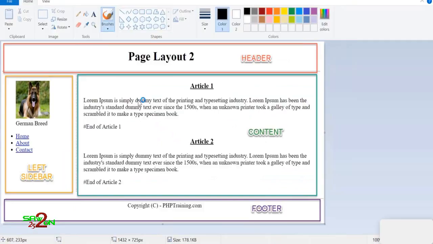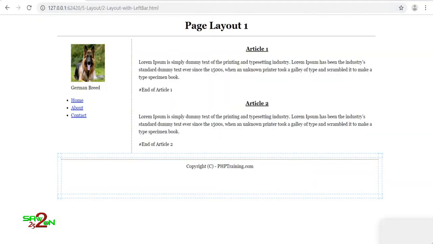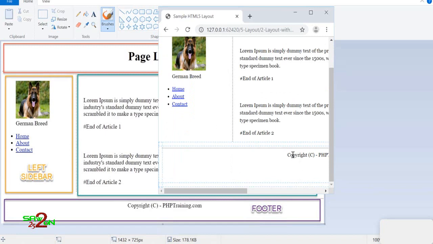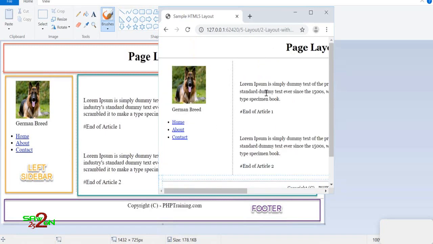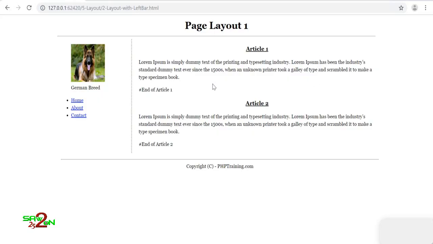Let's look at what we want to have. Yeah, it's exactly the same the way we want it, right? We want to have the dotted line, and then we want to have some padding onto the footer, and then this is floating onto the right, this is floating onto the left. Then you have some space over here that you have added via the padding, and then it looks nice with the layout of left sidebar, content, the header and the footer.